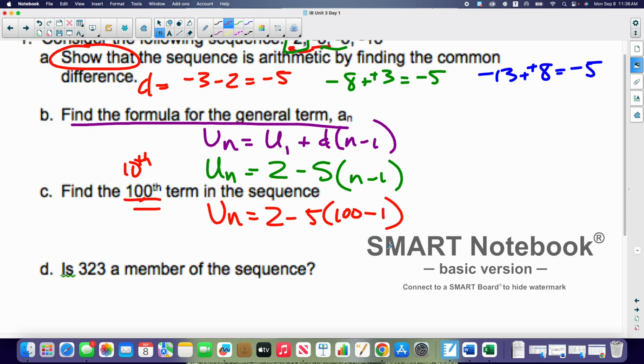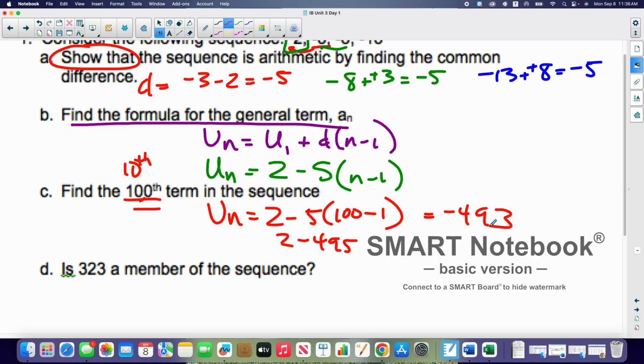Okay? And I'm going to work that. 100 minus 1 is 99. 99 times -5 is -495. Got the 2 out front, that's positive. So if I drew out 100 blanks of this, the number -493 would be what would be in the 100th blank. Okay? I don't know that I want to draw all those out. So this is a pretty fast, easy way to do that. Okay? Now,